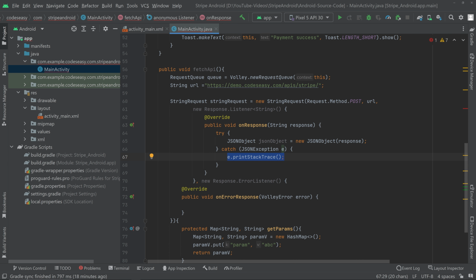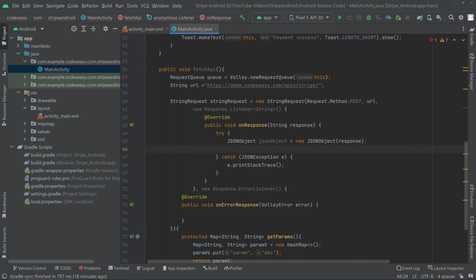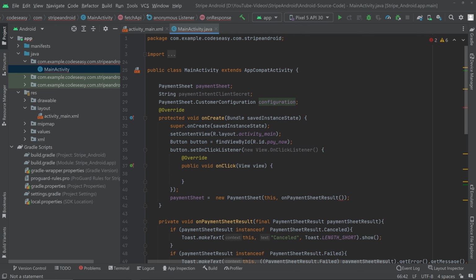Okay, now inside the try, we can create the customer config. That is the configuration. That is this one. Okay, this variable.